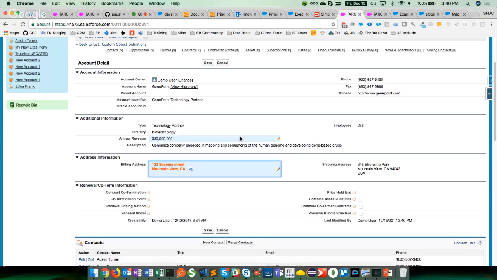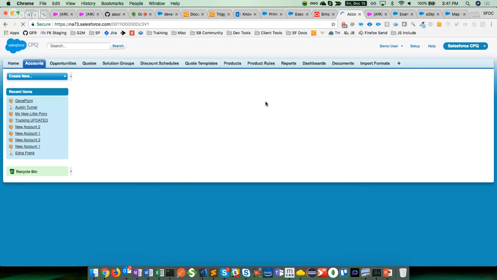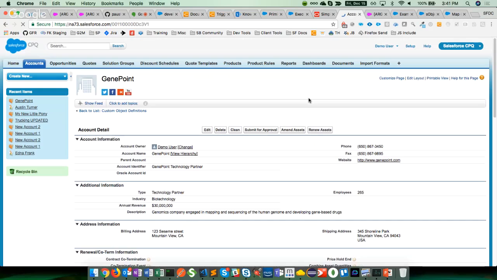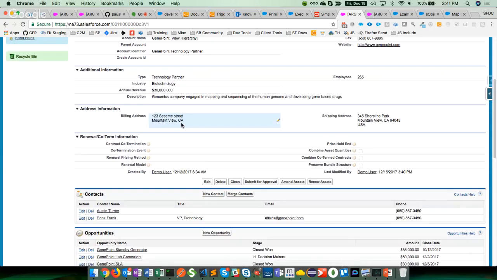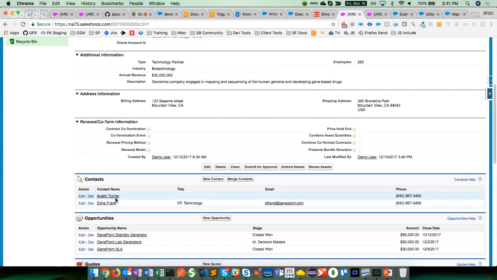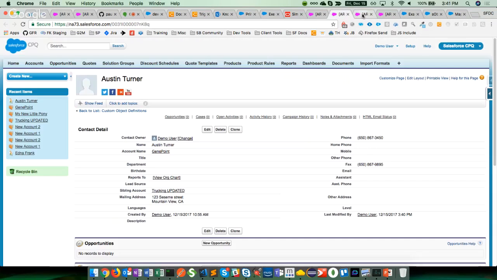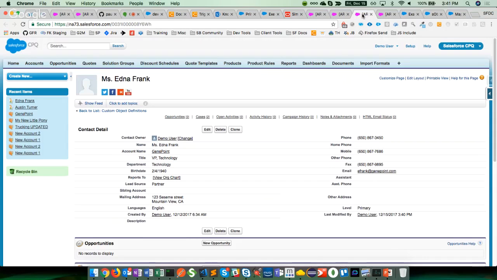Okay, so I'm going to change this, and if everyone can look up here, I'm going to go through my logs so that we can look at this together, because we might notice some interesting things that maybe you weren't expecting. Okay, so we updated the account, and I'm just going to glance at my two contacts, make sure they were both updated to 123 Sesame Street. Okay, yes, that one looks updated. This one looks updated. Great. So now when I open my log,